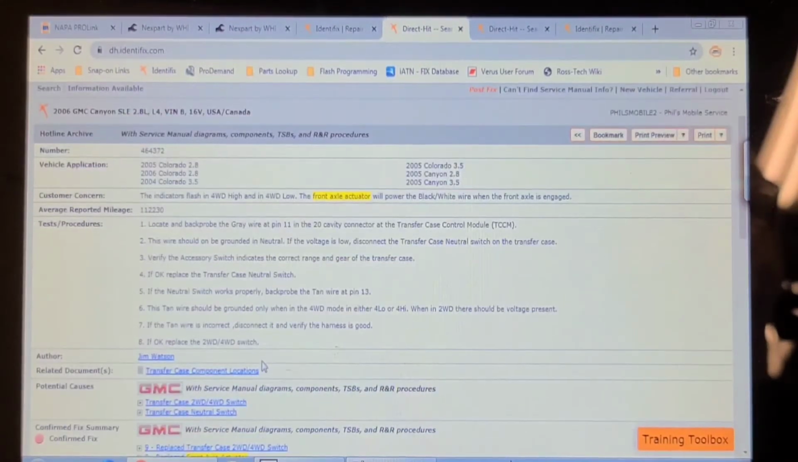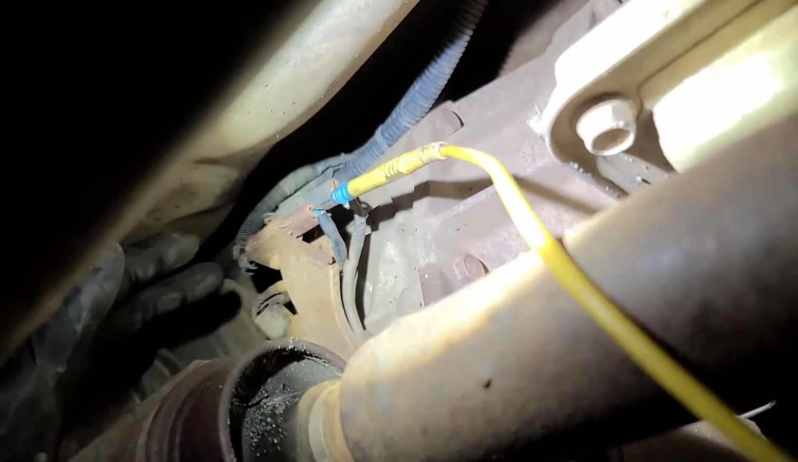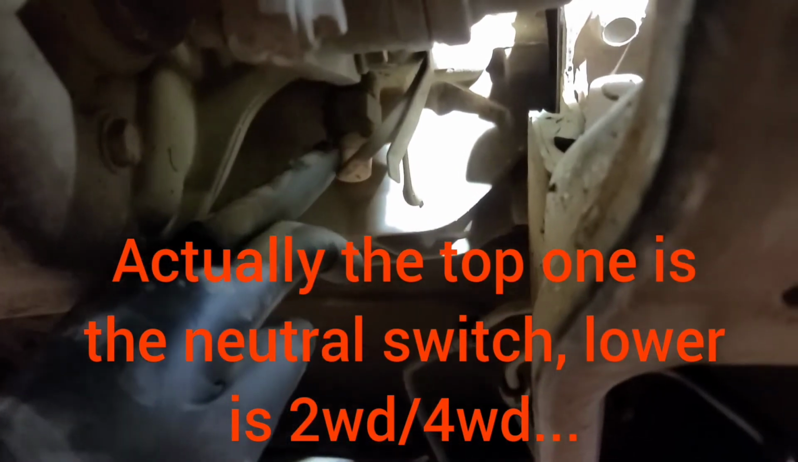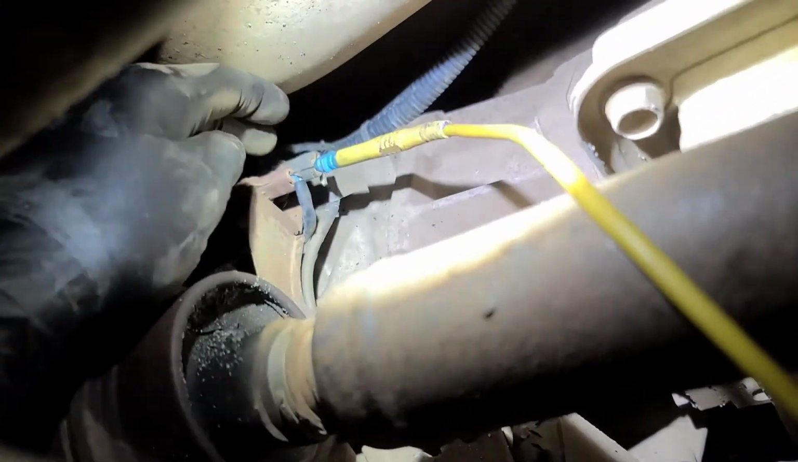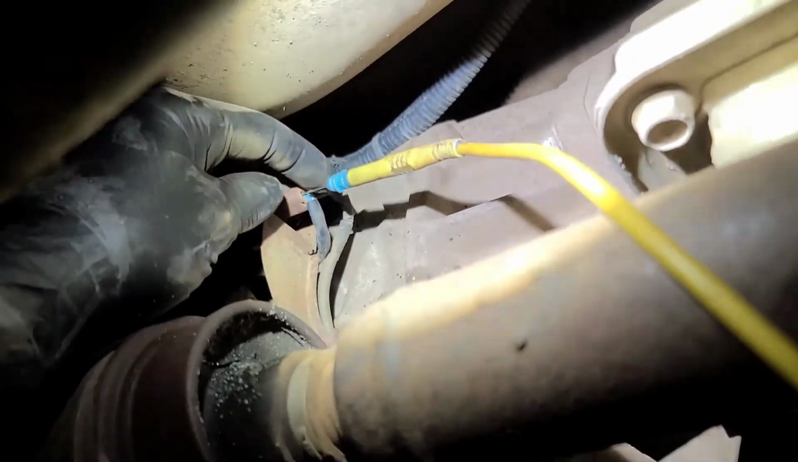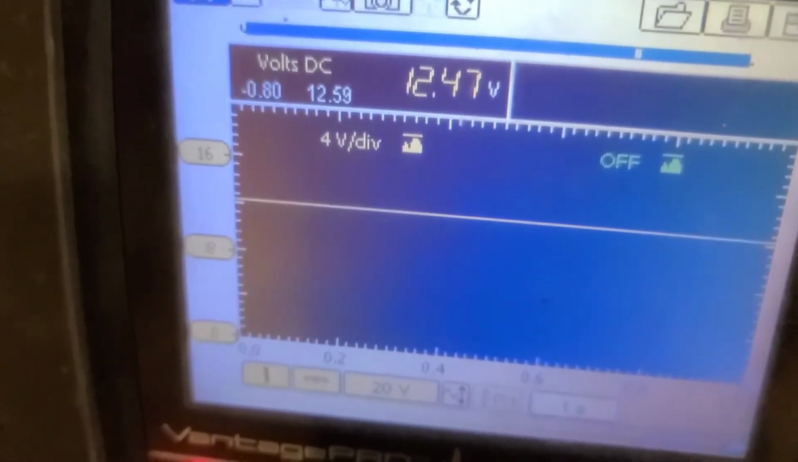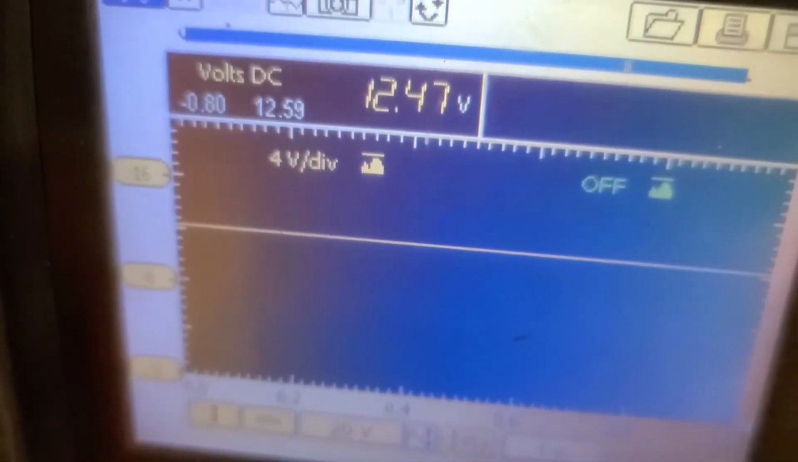I'm going to look at the schematic again. So there is a two-wheel drive, four-wheel drive switch up here on the side of the transfer case, just above the drive shaft, and then below it down here, there's a neutral switch. Now I backpinned the two-wheel drive, four-wheel drive switch, and it shows 12.47 volts, and it doesn't change state. It's in four-wheel drive now. Put it in 4 high again,